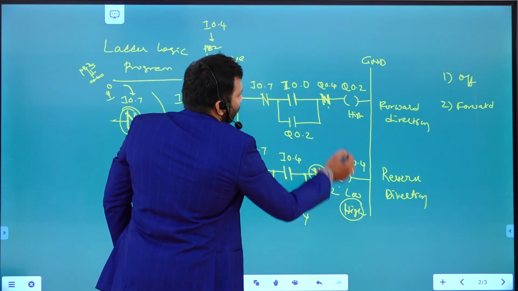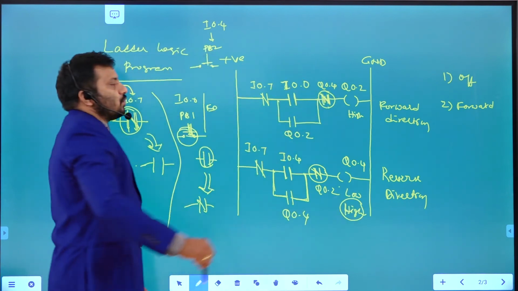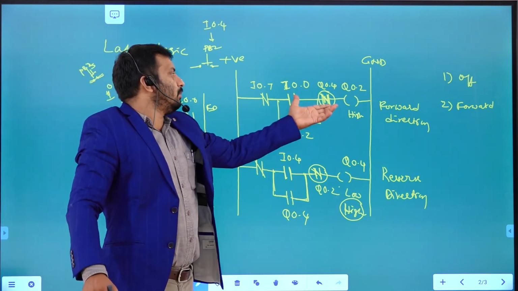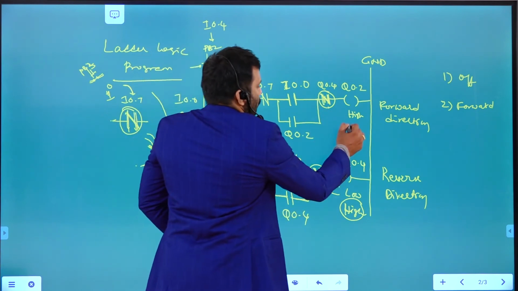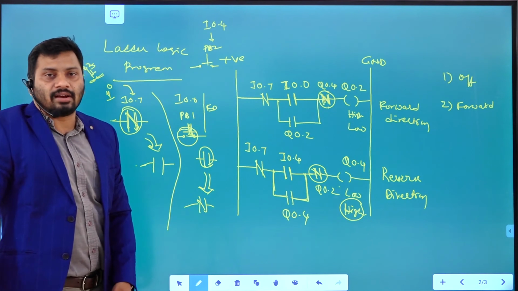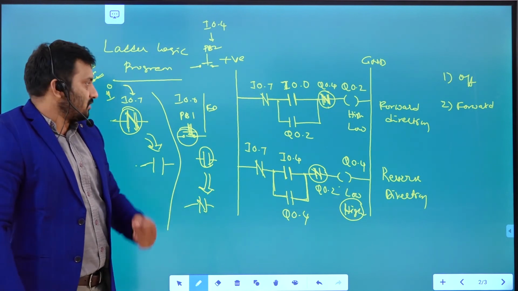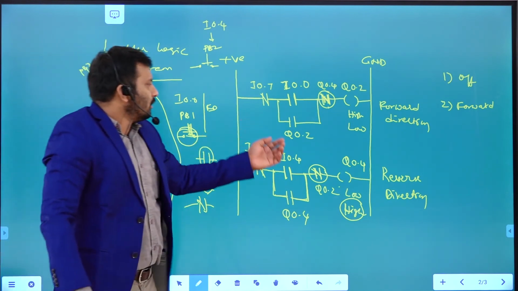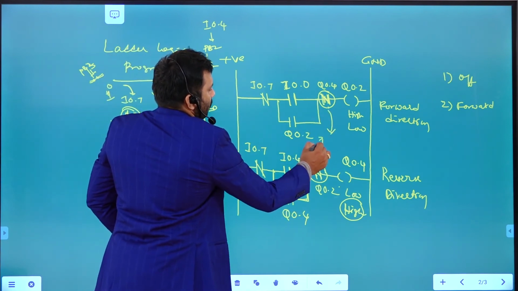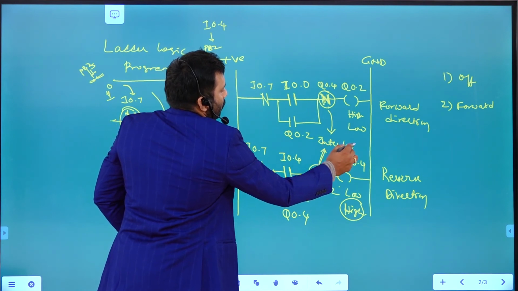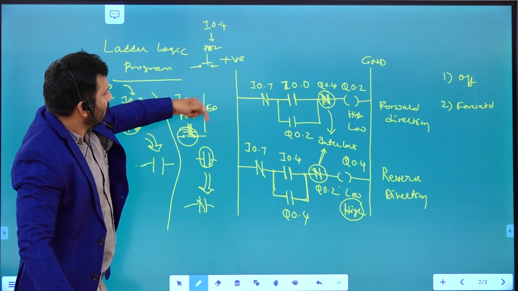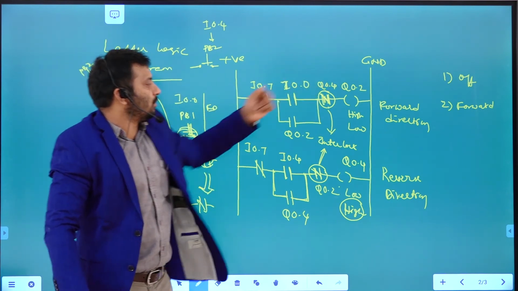Once it is high, what will happen? This is going to open. This is going to open, right? So the normally closed contact is now going to be open. This is going to be low. This is going to be low. So that means the motor is going to rotate in the reverse direction, right? Like that, due to this particular interlock, what will happen? If you push the forward direction, it is going to rotate in the forward direction only, right?